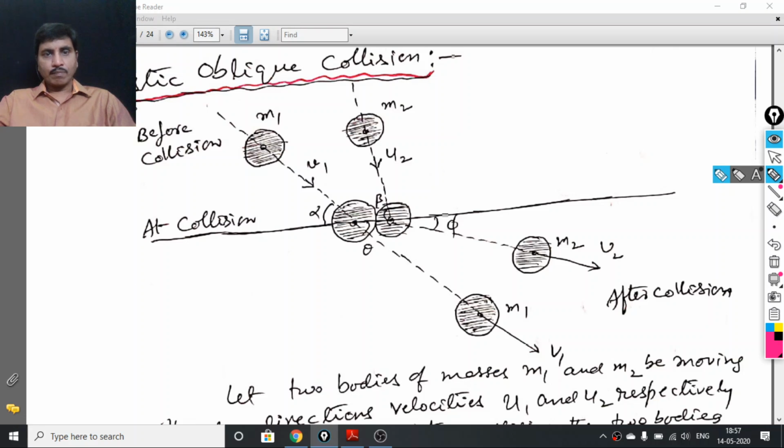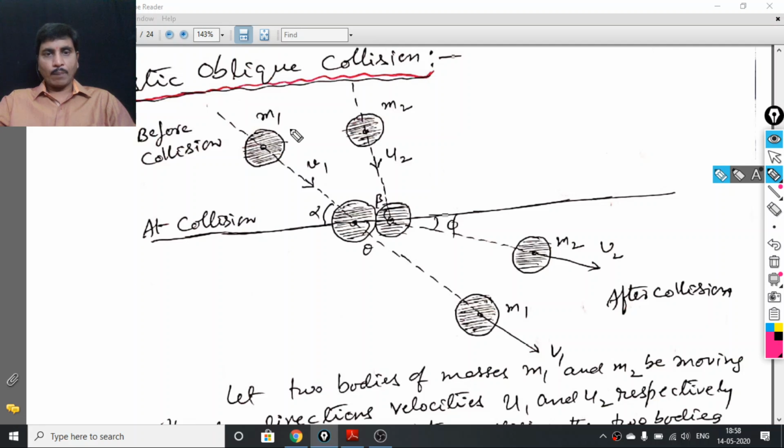If before collision and after collision the particles are confined to a single plane and are moving in different directions, then the collision is said to be oblique collision. This can be explained as,